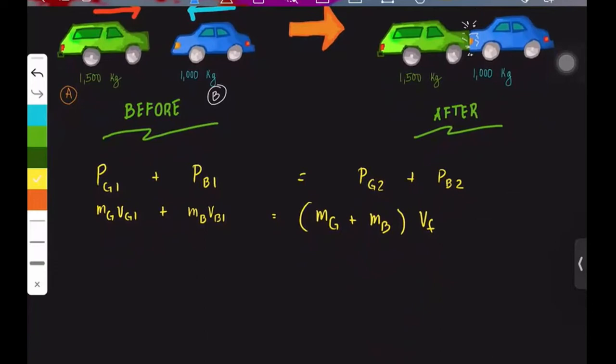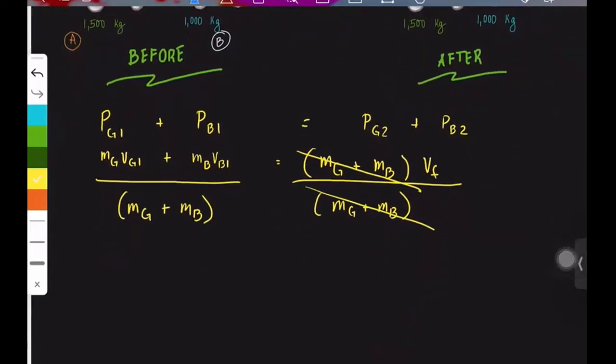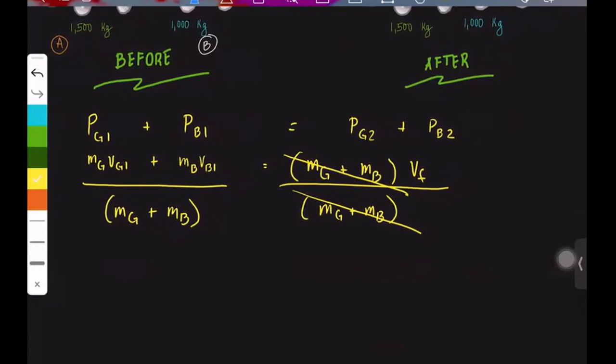So very simple, all we need to do is divide both sides by mg plus mb to extract the v sub f here. Then we also divide the other side by mg plus mb. Okay, so we can cancel this out just like the other one. So we have here mg v g1 plus mb v b1 over the mass of the green plus the mass of the blue car